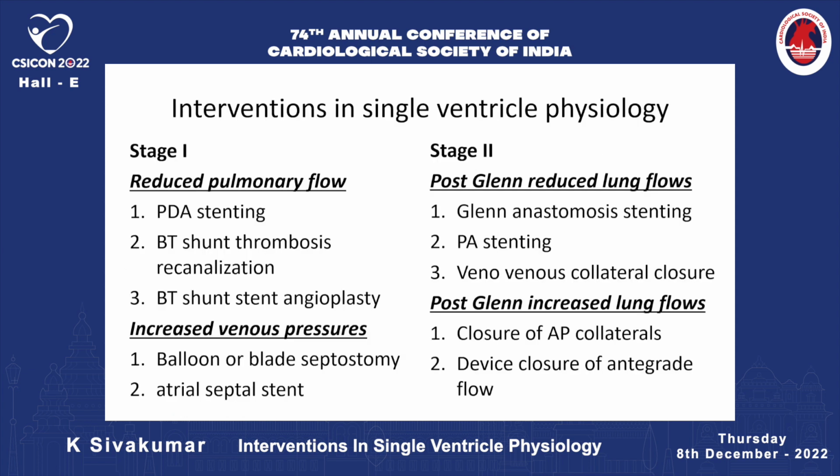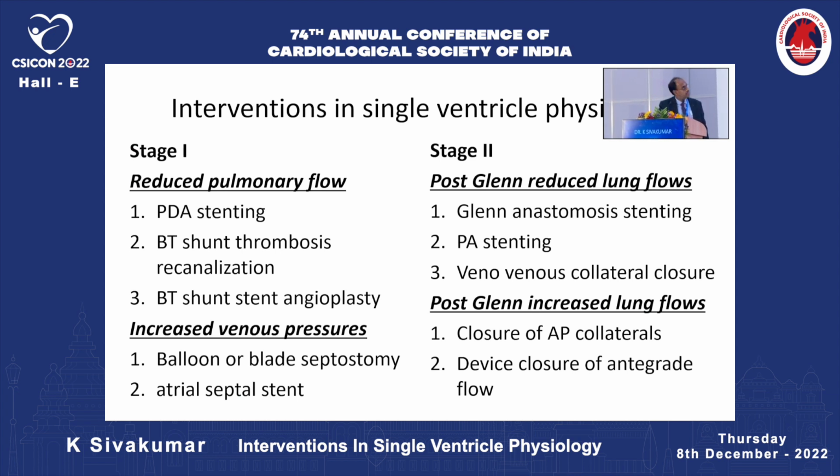Interventions in single ventricle physiology, as mentioned by the previous speakers: at stage 1, you can do something when the patient is presenting with reduced pulmonary blood flow, either a PDA stenting, or if the patient has had a previous BT shunt, a BT shunt thrombus recanalization or a BT shunt stent angioplasty. And in patients who have increased pulmonary venous pressures, you can do a balloon or blade septostomy or an